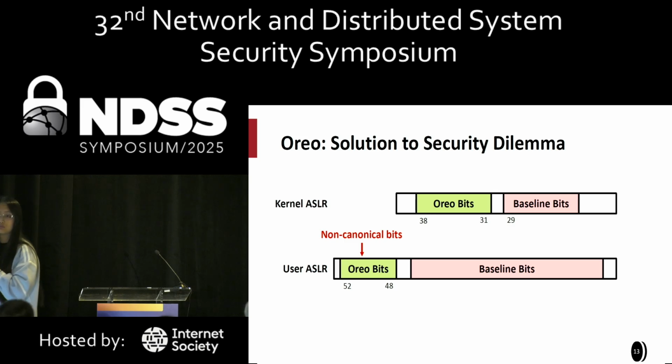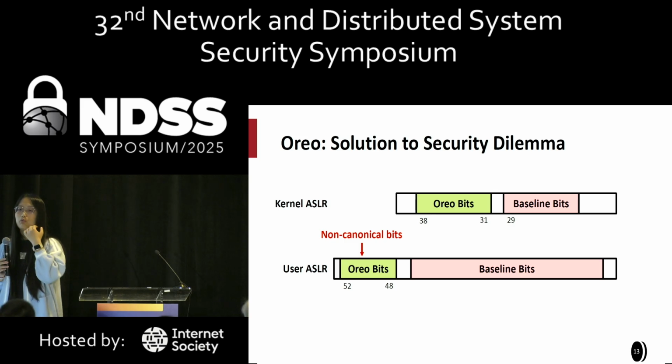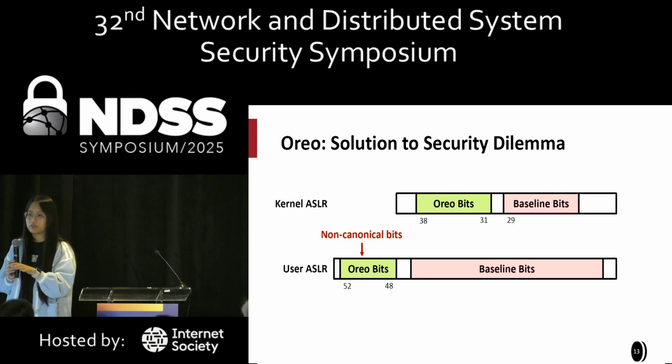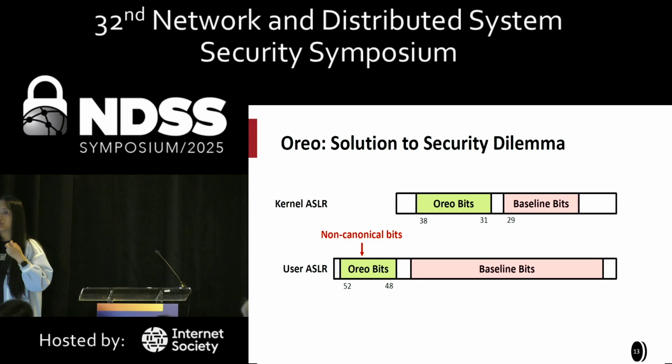Then when you dereference this address, it needs to be canonical, right? We change the kernel, we change the software and hardware so that when you dereference an address, it will extract the secret bits and... Yeah. So it doesn't have to be canonical.